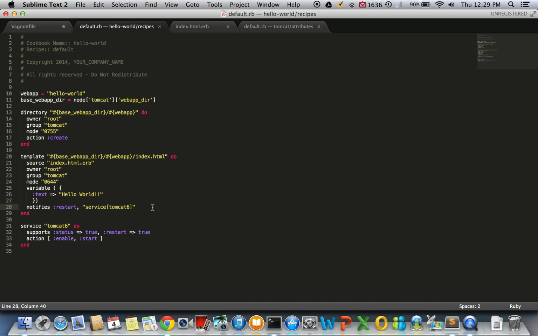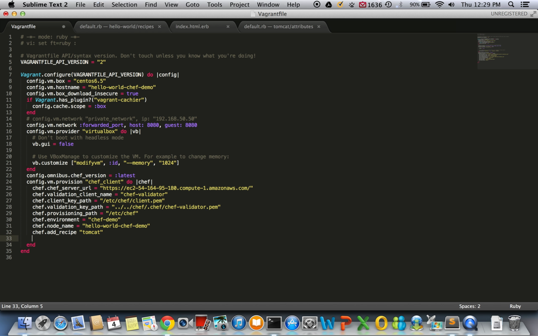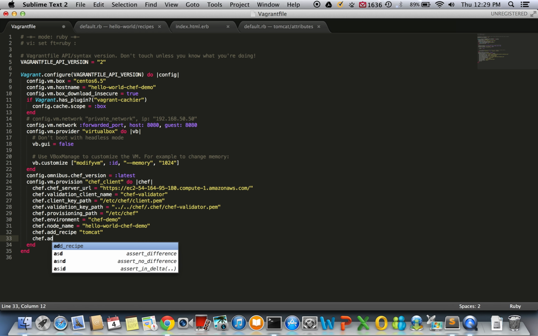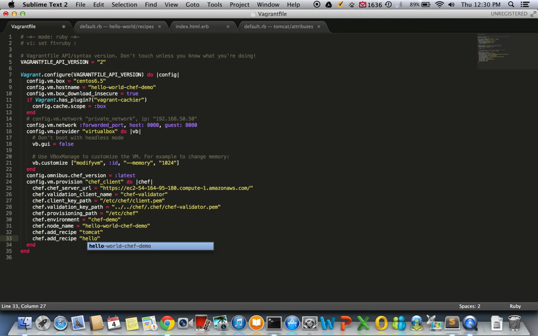So our next part is we can go back to our Vagrant file. So this is actually how we're going to be executing Chef. I want to add a new recipe and that's the Hello World. Save that. So from this point,